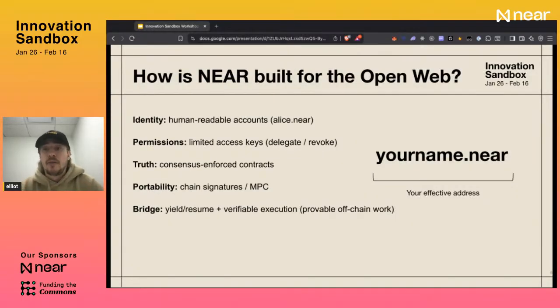So let's talk about how this lives on. How is Near built for the open web? It comes down to some core 5 primitives. One, which is a very big one, is the identity, this human readable account. So the profiles live on, they're on chain. You have these accounts that are also smart contracts and can have permissions. They have limited access keys that can be delegated or revoked by the chain itself, not a centralized authority. And